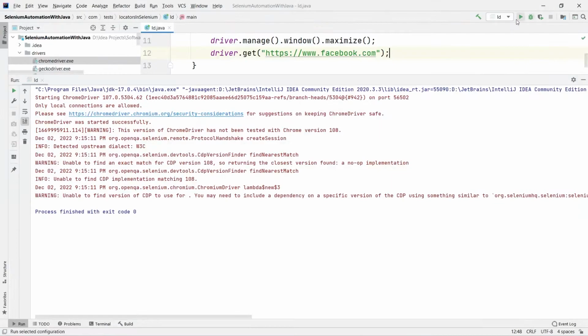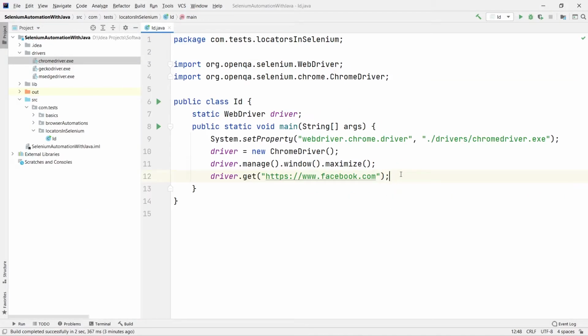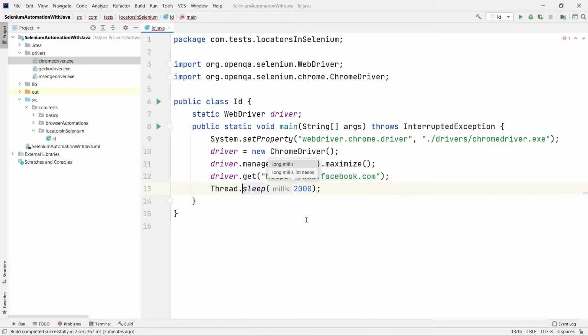Let me minimize this and go back to our project again. After that, let me just use some sleep. So Thread.sleep, we already know this, right? Let me wait for 2 seconds, and let me add an exception to the method signature, that means a throws declaration. And finally,